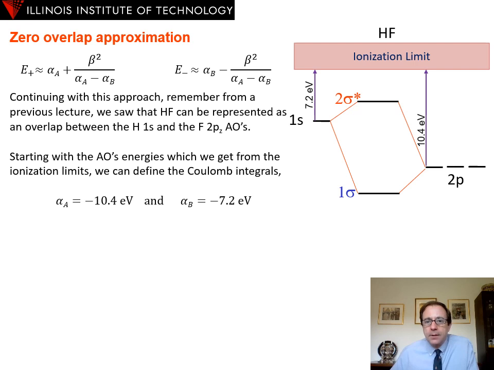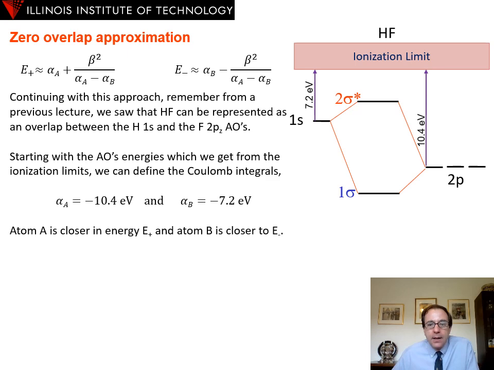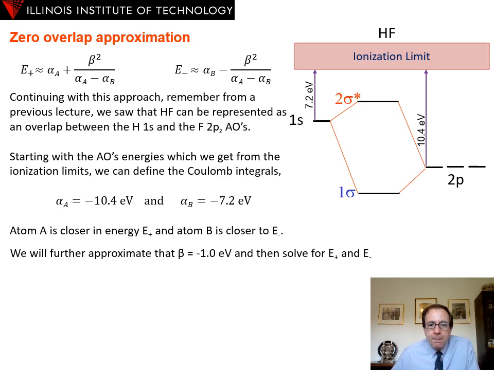So continuing, atom A is closer in energy to E plus, the bonding molecular orbital, and atomic orbital B is closer to the energy level E minus, that is the anti-bonding energy. Okay, so those are our alphas. Now we need a beta. So we're going to just approximate that to be minus 1 electron volt, which is a good rule of thumb